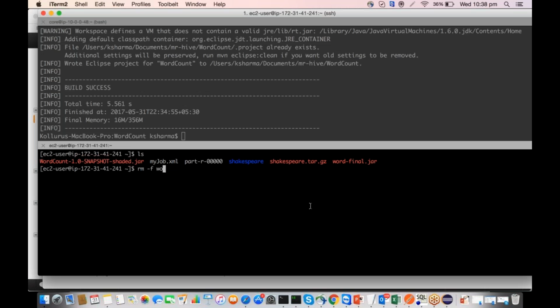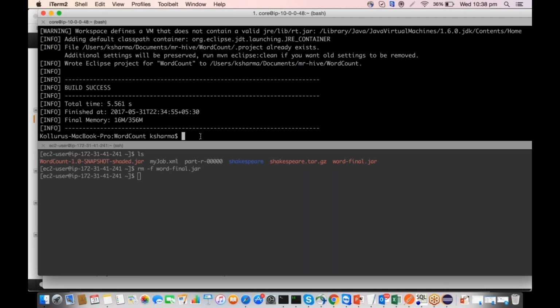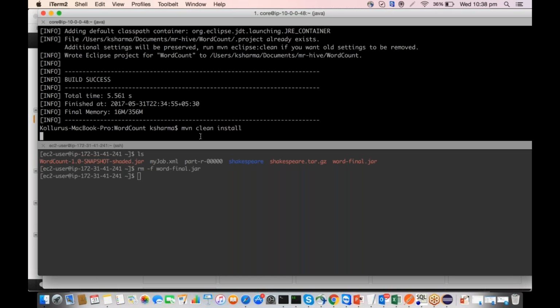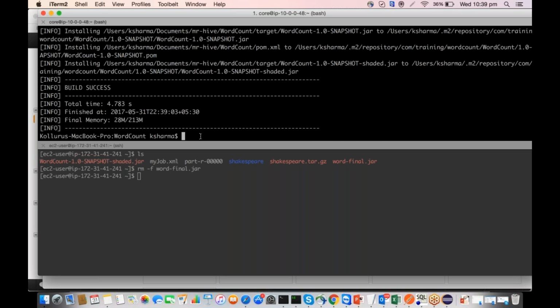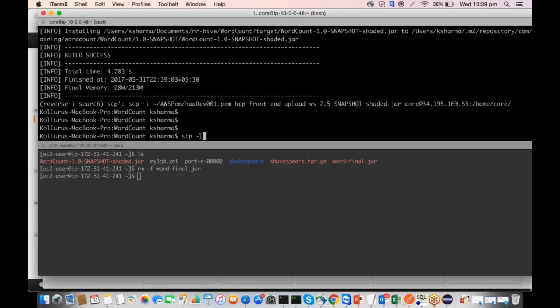This is our jar, word-final.jar, and I'm going to, have I built it? Yes, I think that was the last command I ran. Okay, let me build the code here. scp -i HadoopDeveloperTraining-Lecture target wordcounts snapshot shaded.jar